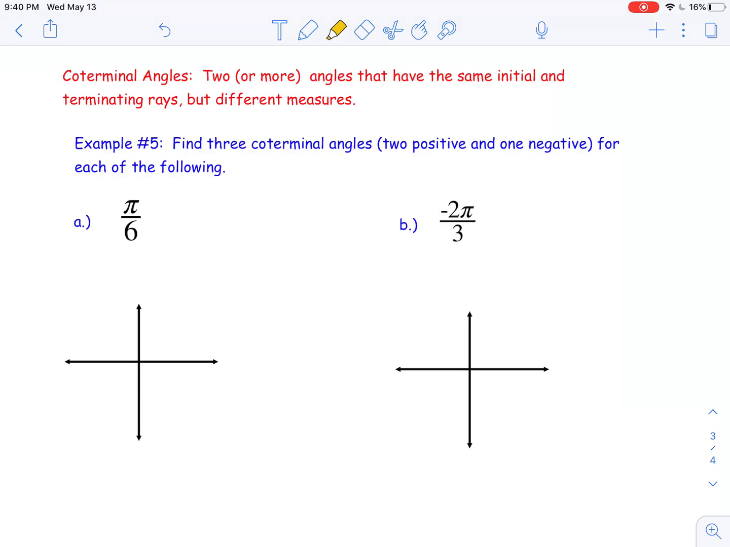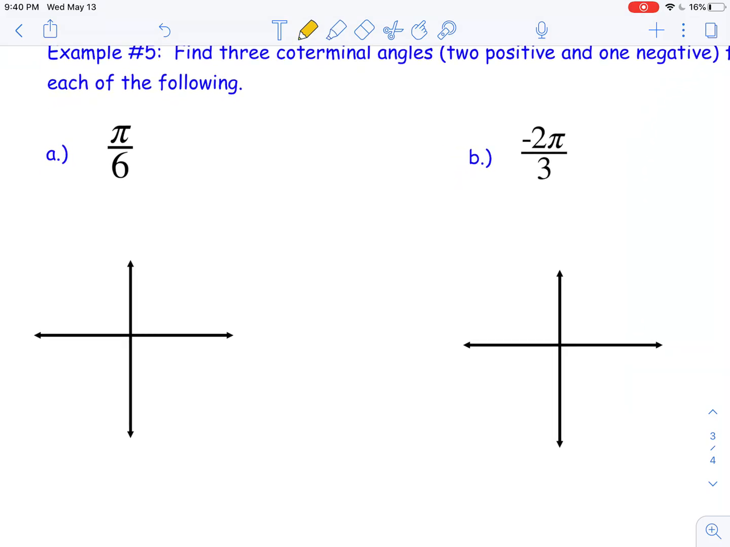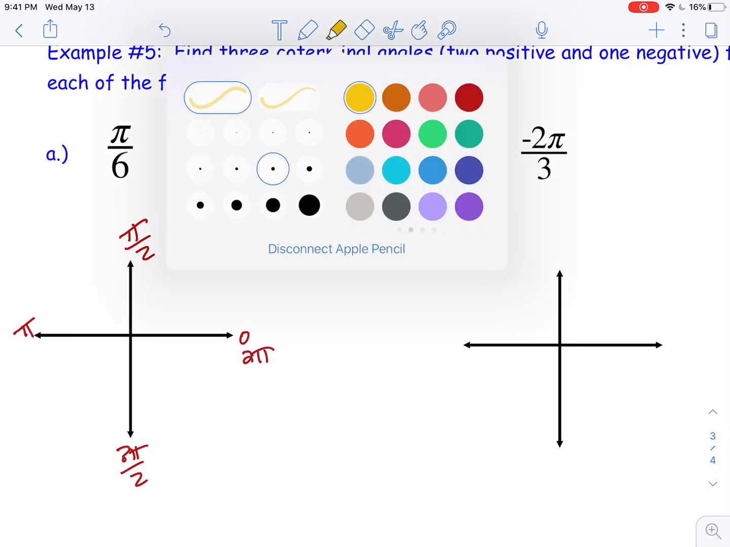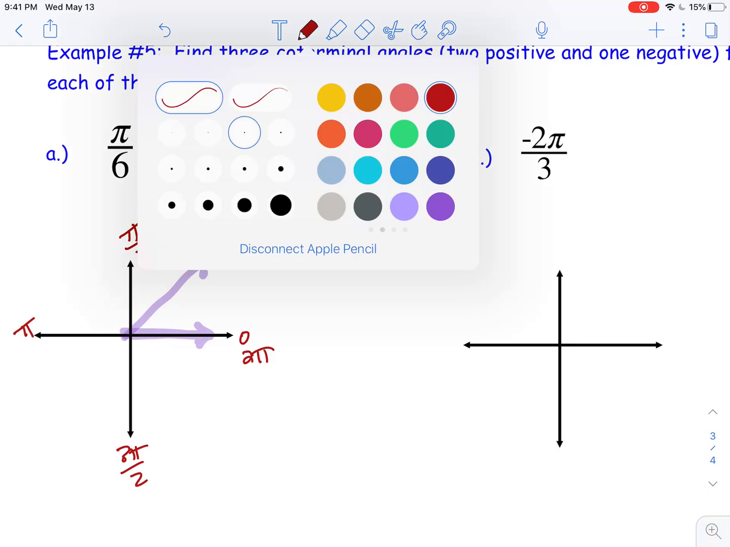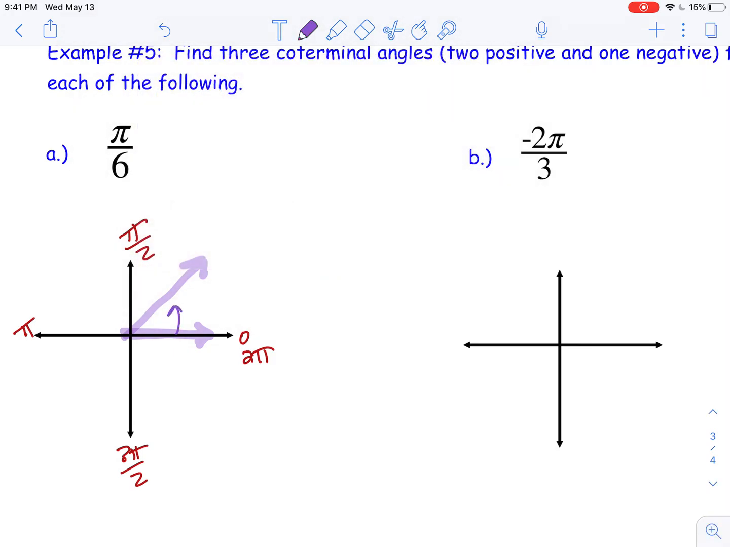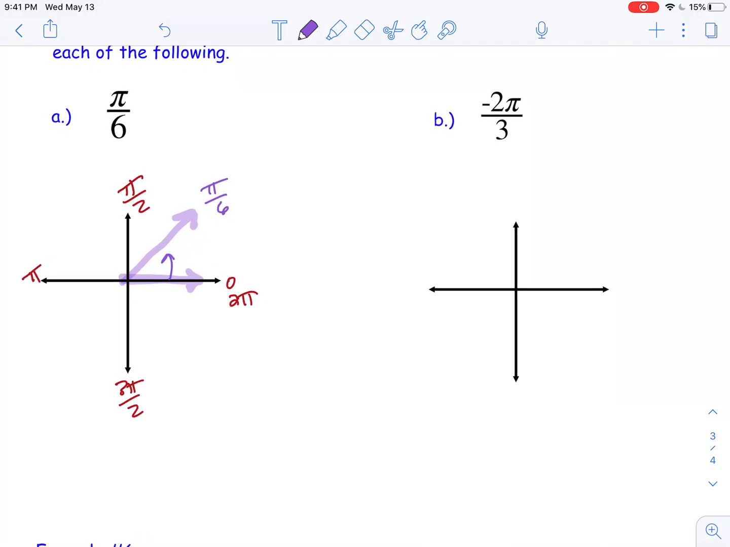So if I'm looking for 2 positive and 1 negative coterminal angle of pi over 6, it lies in the first quadrant. So pi over 6 is going to have its initial side on the positive x-axis, opens up to the terminating side in the first quadrant, and here it is at pi over 6. So if I want to find 2 positive,